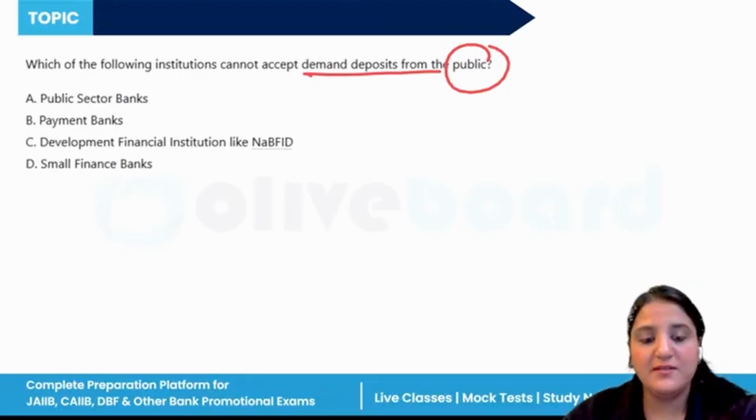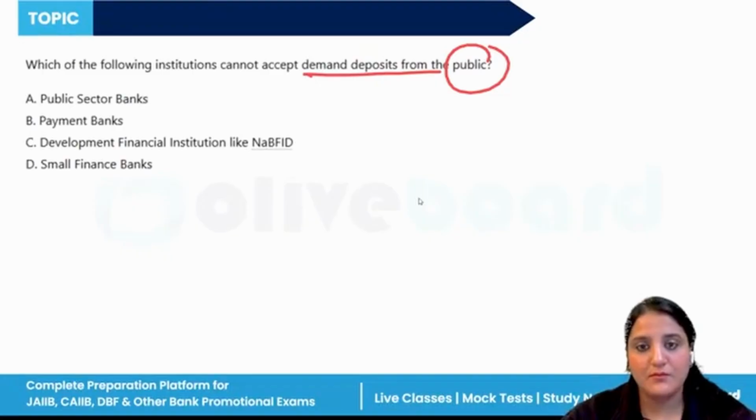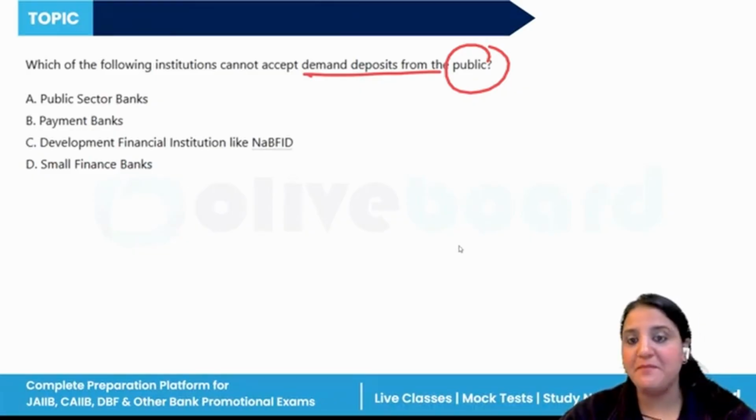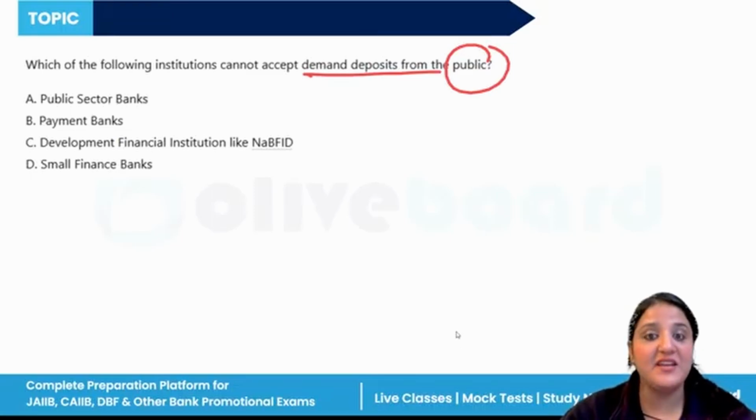So, which option is correct here? Developmental financial institutions are not accepting any type of deposits. So, they raise the funds from the market and the government support. Banks and payment banks can accept deposit, but DFIs cannot. So the answer here is developmental financial institution like